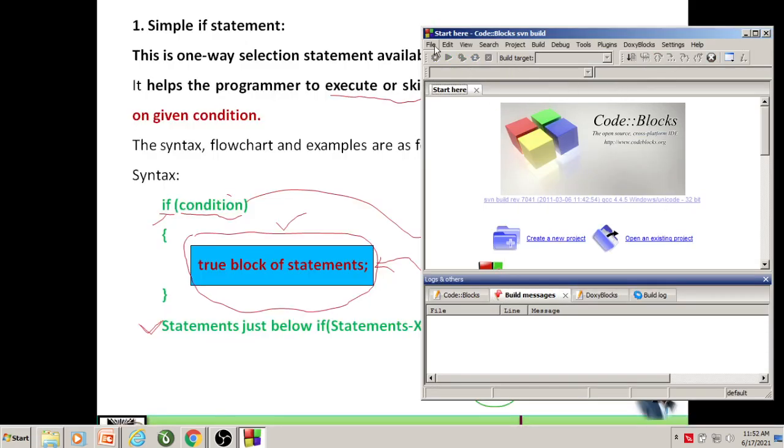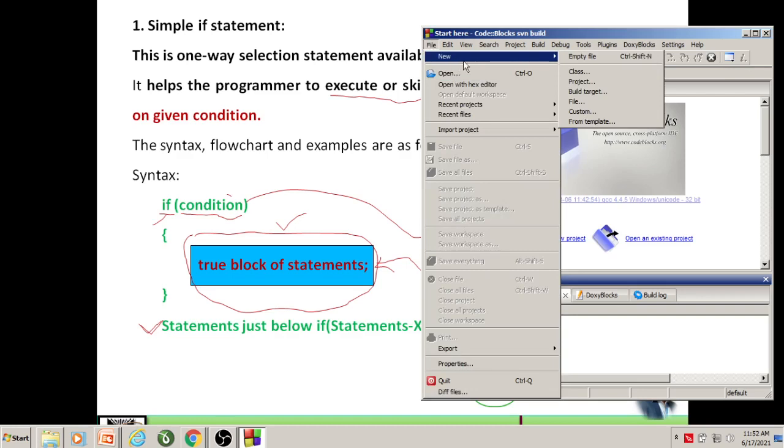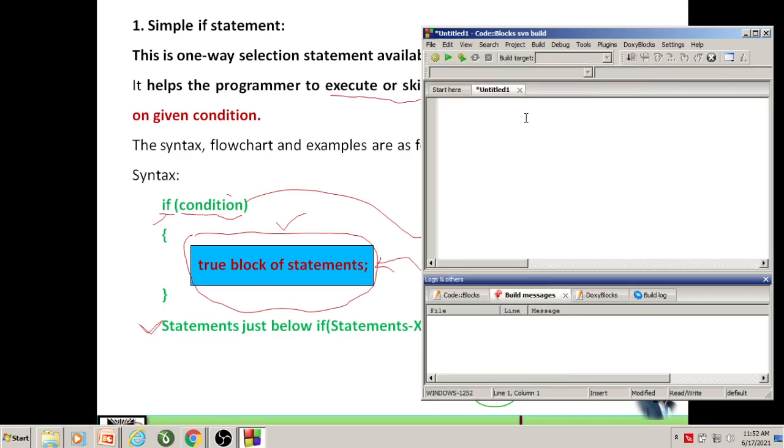So this is a code block. I will create a file, an empty file. Here I just type the objective. I put this objective in a comment line. What is my objective? Yes, O, objective. So my objective is